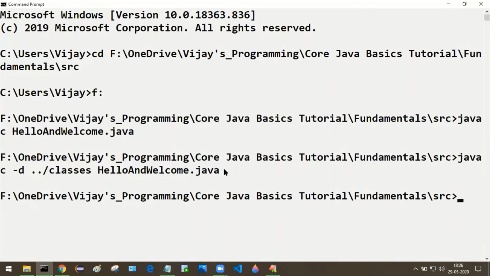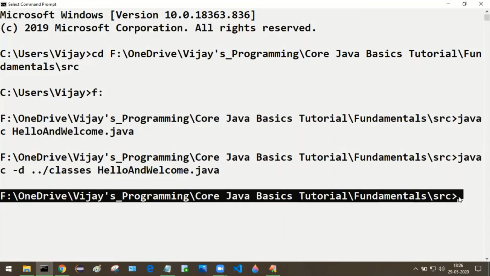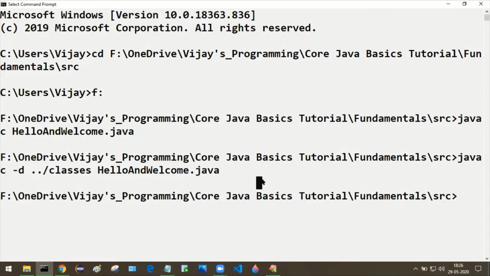As you can see, we don't have any syntax errors. If you have any syntax error, you don't get this prompt in the command prompt; here you'll find some syntax error details. So we don't have any syntax errors. That means the .class file has been generated successfully.